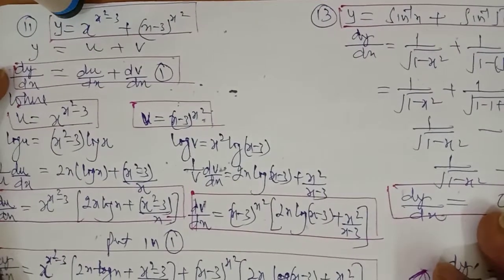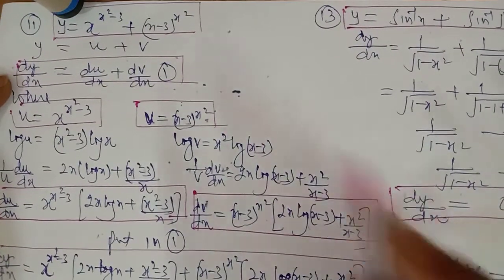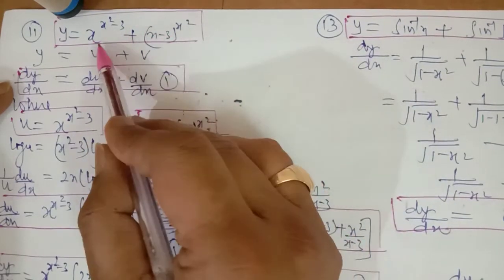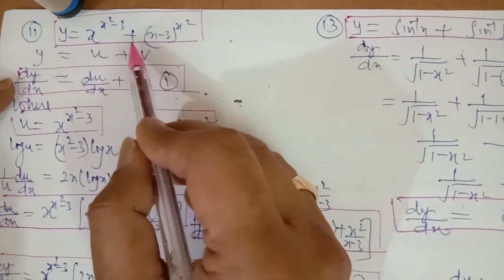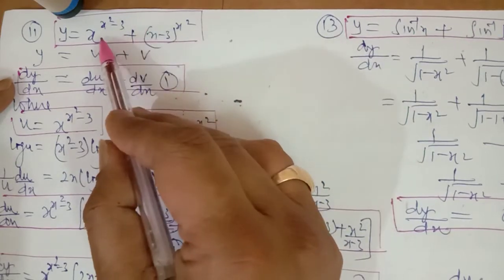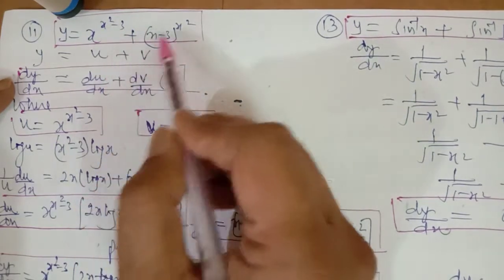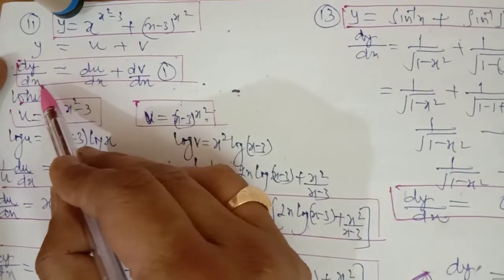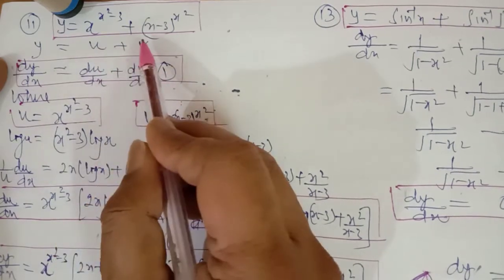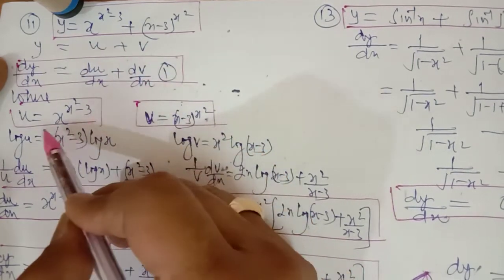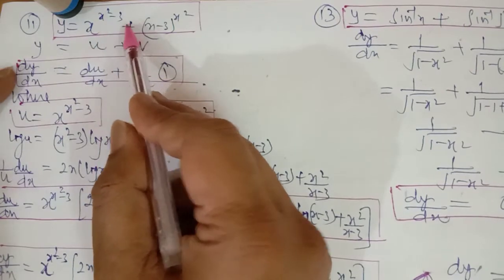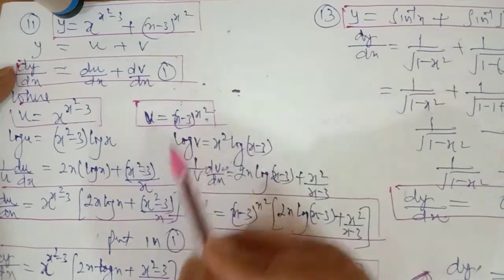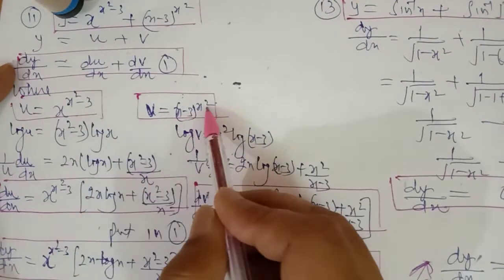Now again in question number 11, if we see both the terms, both terms cannot be differentiated without taking the log, and you know it, when we cannot differentiate without taking the log and we have the plus or minus sign between them, you have to let them something. We have let this equal to u and this is equal to v, and these types of questions you have already done. Now dy by dx will be equal to du upon dx plus dv upon dx, where we have let u is equal to x raised to power x square minus 3 and v is equal to (x minus 3) whole square raised to x square. So you have to differentiate it by taking the log.